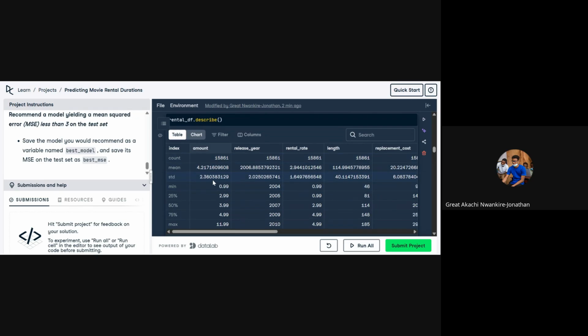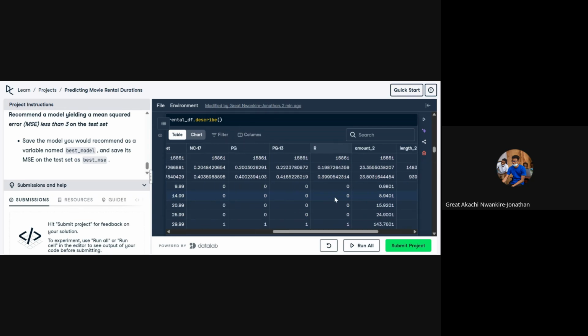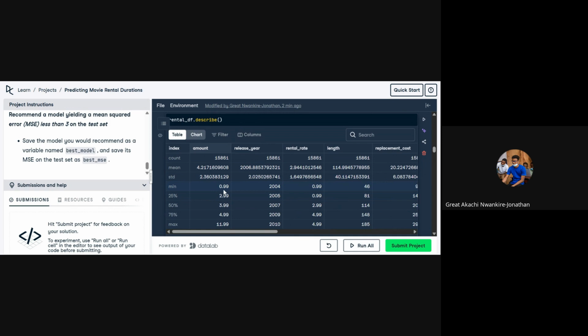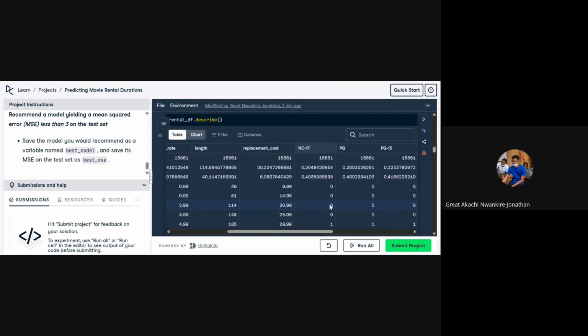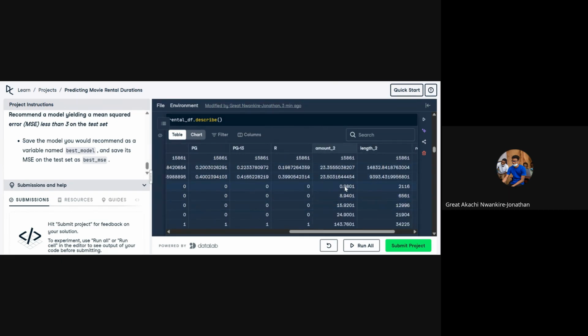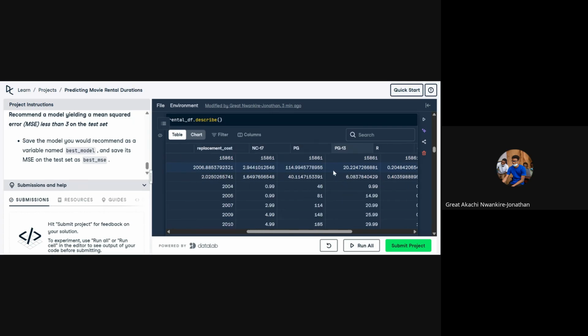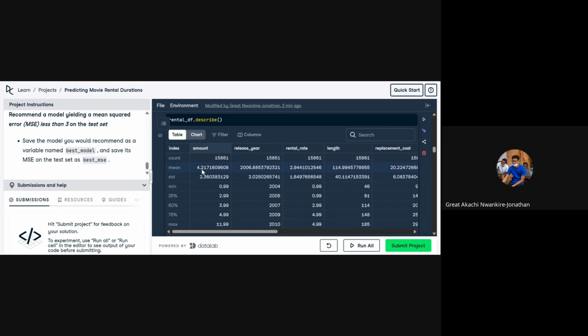So we have amount, and then there's amount 2, right? So the minimum here is 99 cents. The max is 11.99. And like we saw before, the mean here is 98 cents, max is 143, and the mean is 23.355. The mean is 4.21. So I already know that's not the same. So if you're considering whether or not to